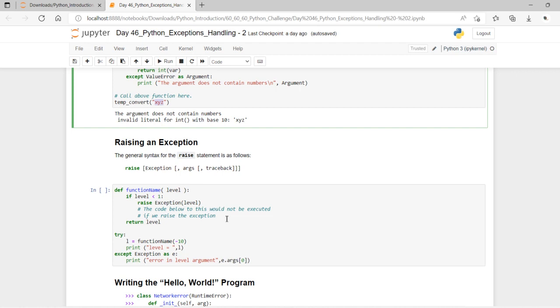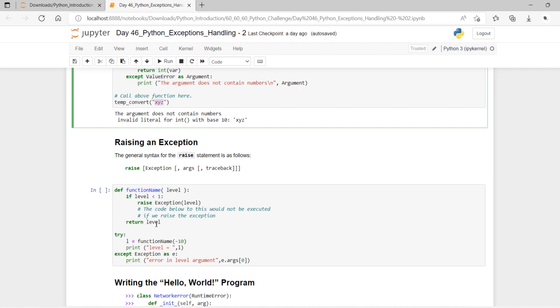See here, dear friends, here we have a function named functionName, with a level. And what is the level? Here, if the level is less than 1, it just has to raise an exception. And see here some code that would not be executed even if we raise the exception.